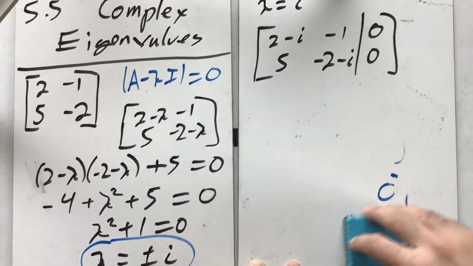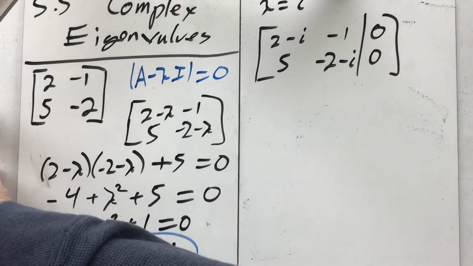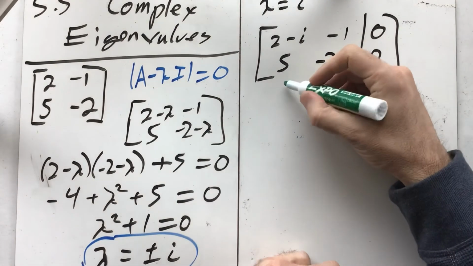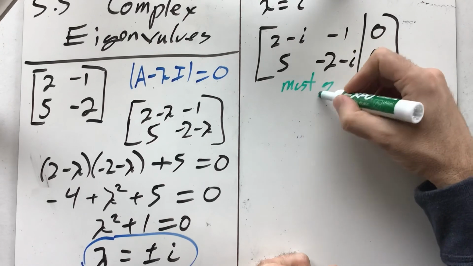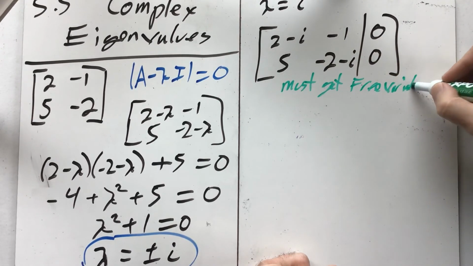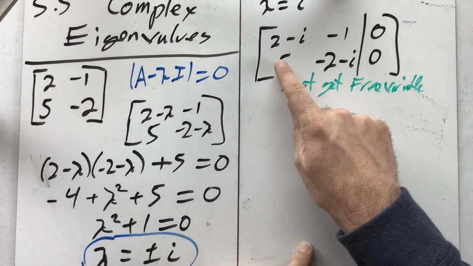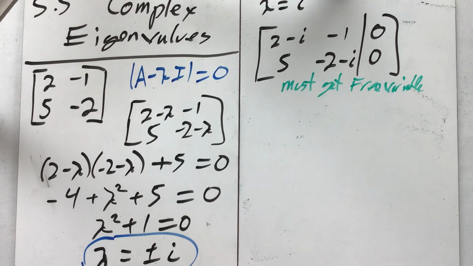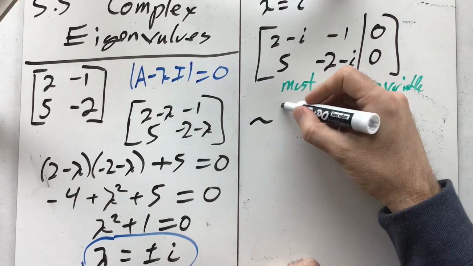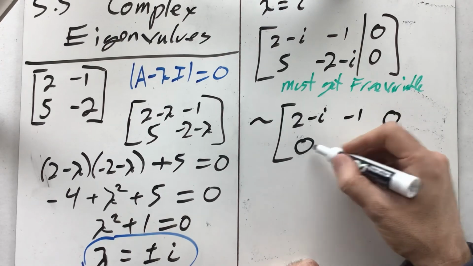I was going to write in red to make you realize, but let's write in green. This is good. What I'm going to know is that we must get a free variable. Whatever we do, when we row reduce, the second column is going to become all zeros. So this thing is just going to be 2 minus i, negative 1, 0, and 0, 0,